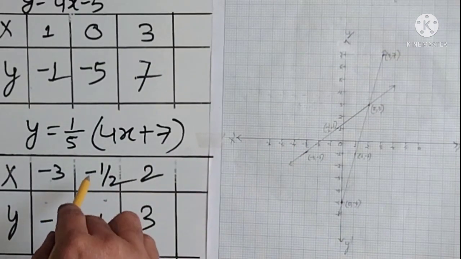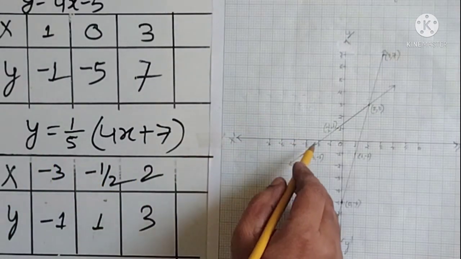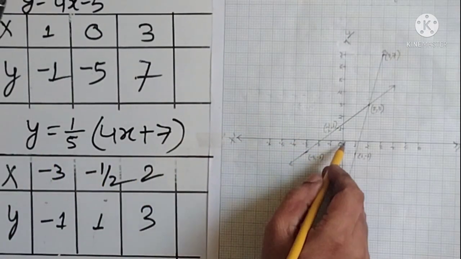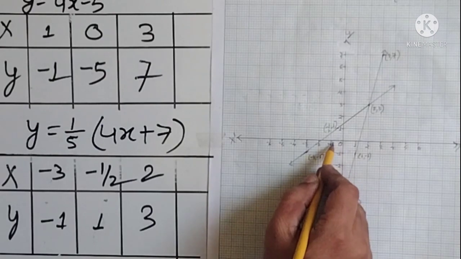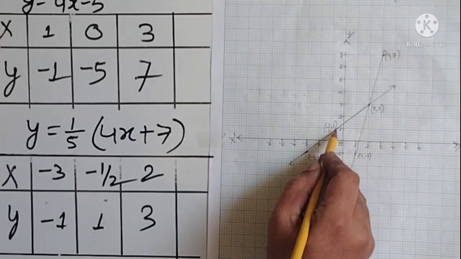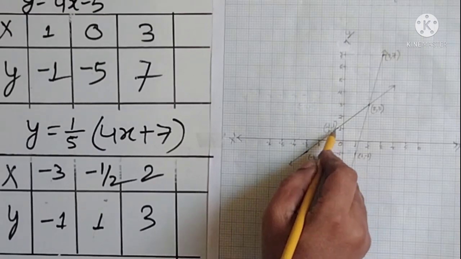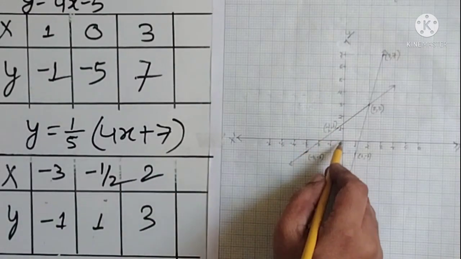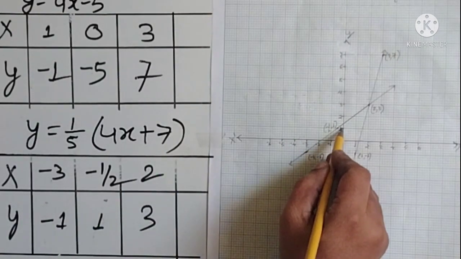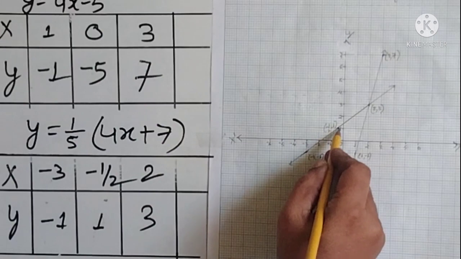Now next, when x is minus half, y is 1. So x is minus half. You see your x minus half. So 0 and here is minus 1, so minus half is the mid of 0 and minus 1, minus half is here, and y is 1, so y is 0, 1, this one. So from here and this, you make a point over here, so this is (minus half, 1).